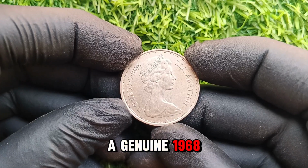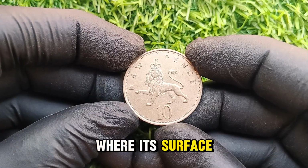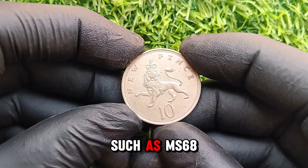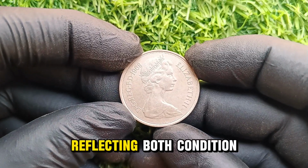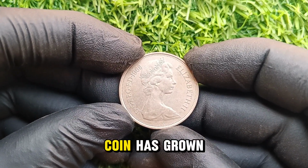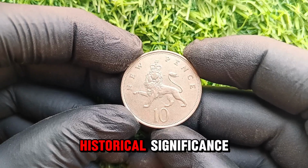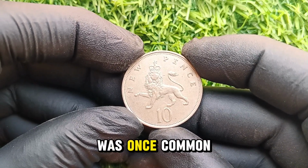Collectors who find a genuine 1968 10p coin often send it for professional grading, where its surface, shine, and strike quality are analyzed in detail. Coins graded at the highest levels, such as MS68 or PF70, command staggering prices at auctions, reflecting both condition and scarcity. Interest in a 1968 10-pence coin has grown rapidly in recent years as more people rediscover Britain's rich minting past. The combination of historical significance, pre-decimal heritage, and limited surviving numbers has turned what was once common pocket change